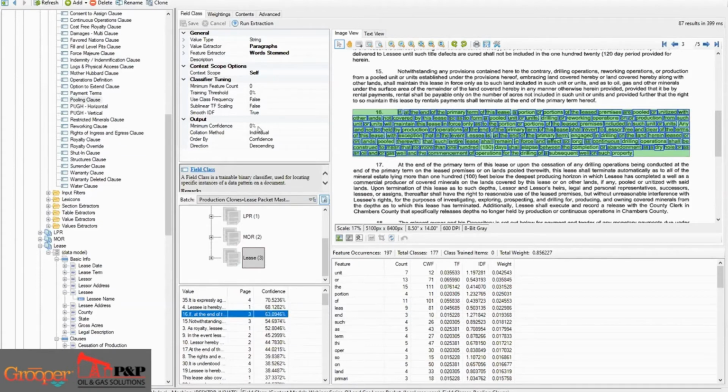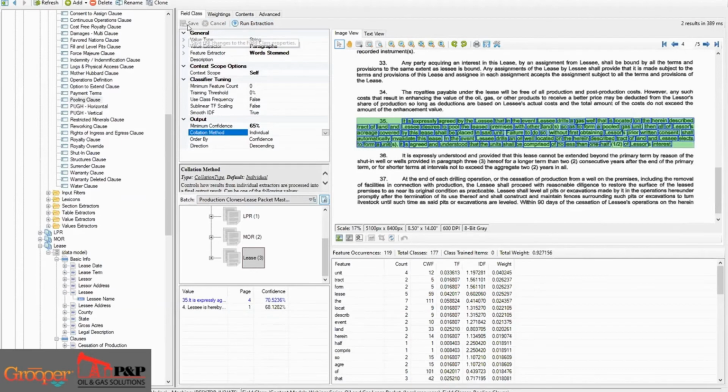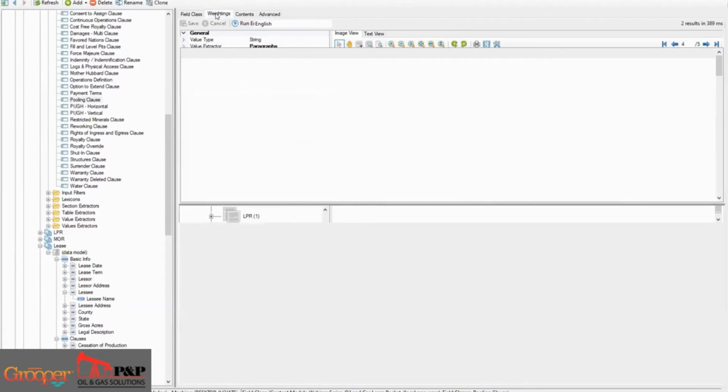Now you'll notice I did not put a minimum confidence in here. As soon as I put a minimum confidence in here, all my false positives go away. And so that's those pinks that I was showing you earlier. Anything that's not what it's most sure about would show up as pink. By putting in my confidence, I now know based on the trainings that I've given this, and here's everything that's